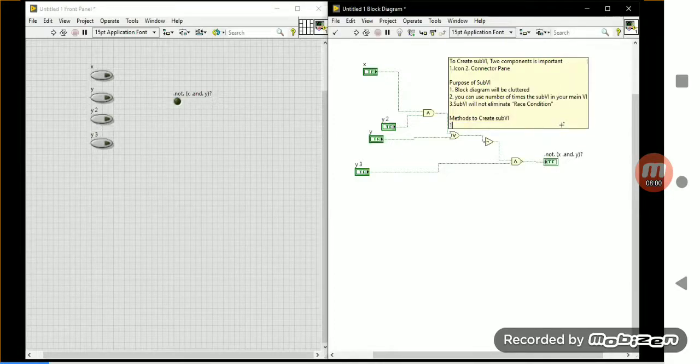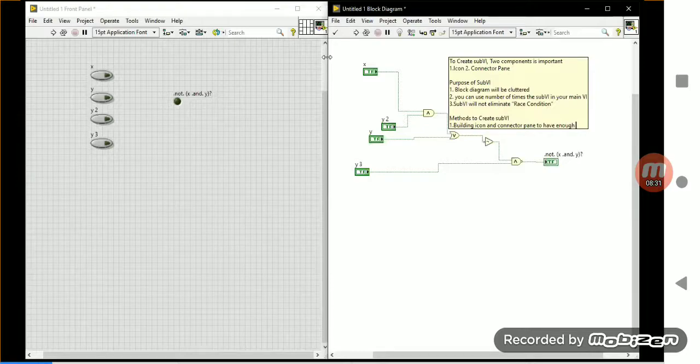The first method is building an icon and a connector pane. Using the icon and a connector pane, you can build the sub-VI.